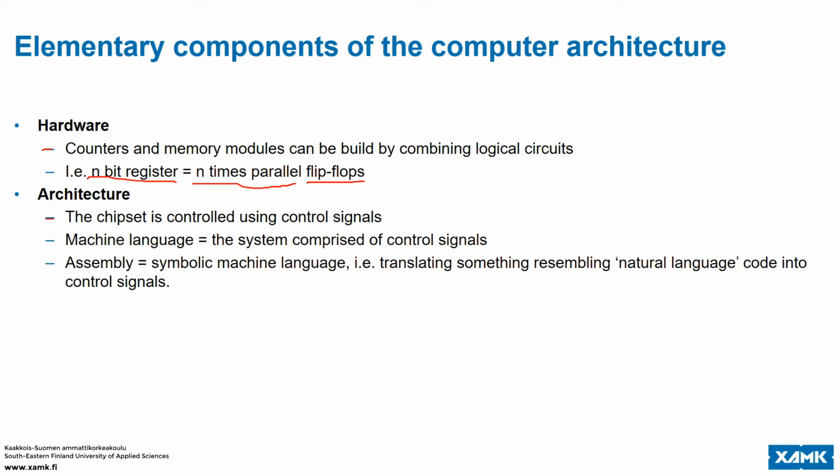So this chipset is controlled by using binary signals, those that we feed into these registers, counters, control gates. And what machine language actually is, those binary instructions that the CPU is able to execute, well, that's basically just the system that comprises all these control signals. If we start putting natural language type names onto these control signals, so let's say we had a system